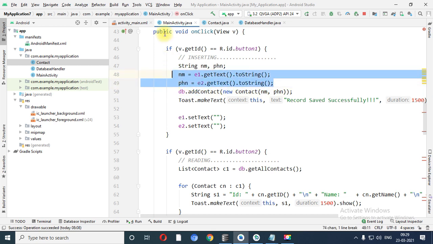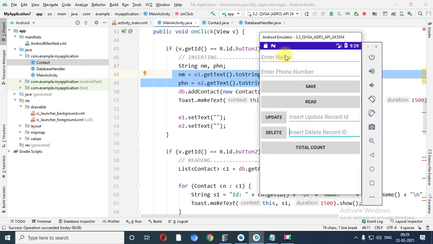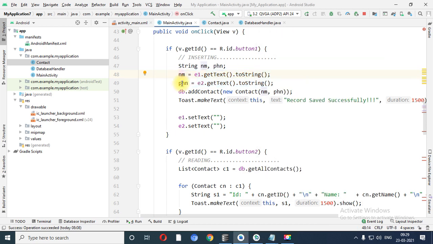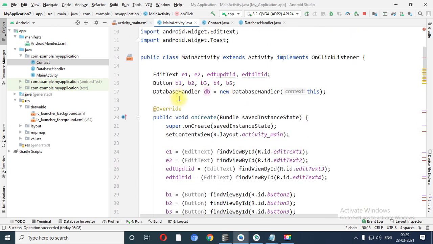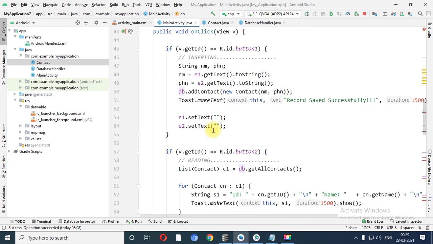Similarly for the phone number. Whatever content I have placed inside these two edit texts, number one Radha and the phone number, is stored inside these two variables. Now DB is an object of DatabaseHandler. So db.addContact, that means in the DatabaseHandler file there is one method called addContact, and there are two variables, name and phone number.